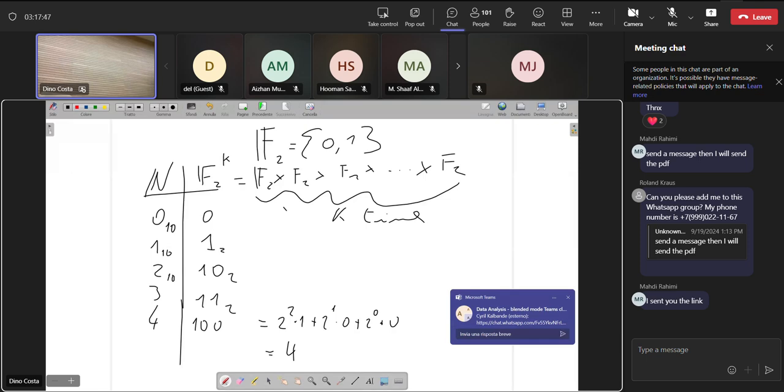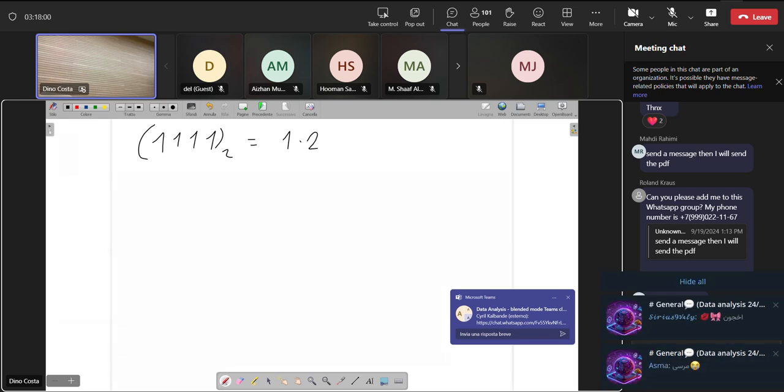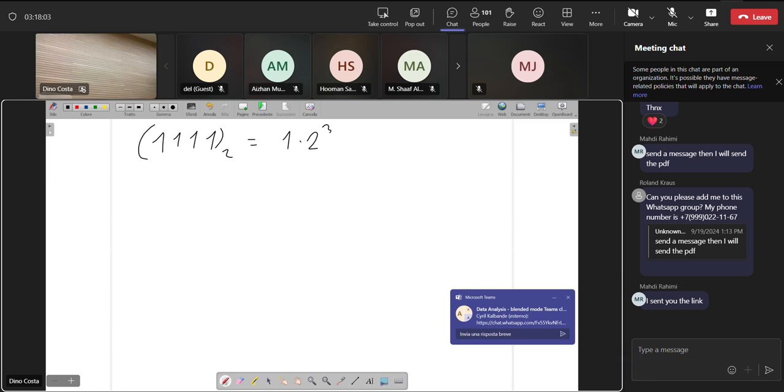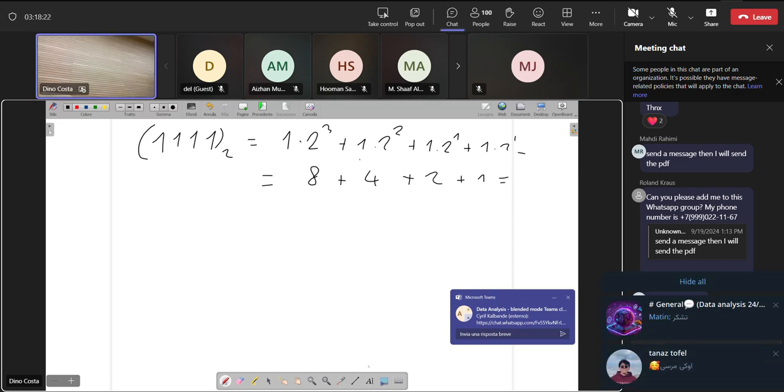For example, in the notes I wrote, what is this number? This number in base 2 becomes 1 times 2 raised to 3, plus 1 times 2 raised to 2, plus 1 times 2 raised to 1, plus 1 times 2 raised to 0. That is 8 plus 4 plus 2 plus 1. That is